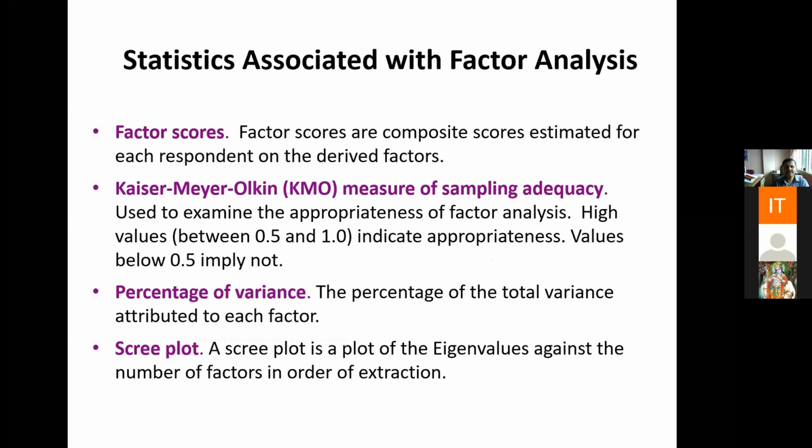Then comes percentage of variance, the percentage of total variance attributed to each factor. ये भी मैं output में बताऊंगा आपको. And then there is a scree plot. A scree plot is a plot of the eigenvalues against the number of factors in order of extraction. This will also be clear when we do the output. So please don't assume in your mind that many things have not been discussed, because I have already shared this PPT, and these are the important terms in factor analysis. You must know about all these terms. I've explained a few of them, and the rest will be explained once we start doing the hands-on exercise. Now up till this